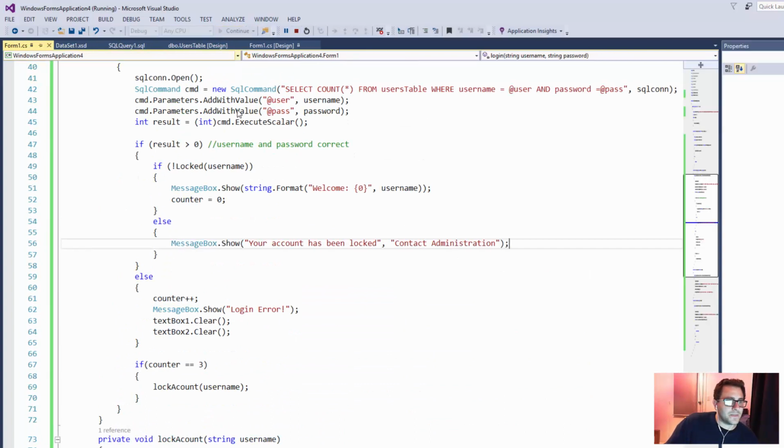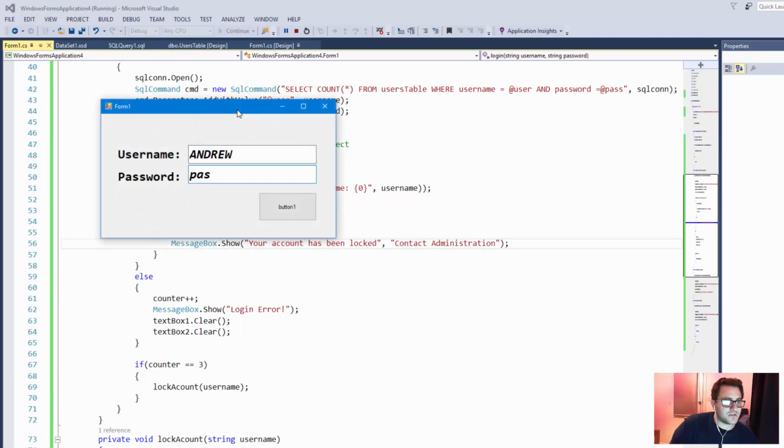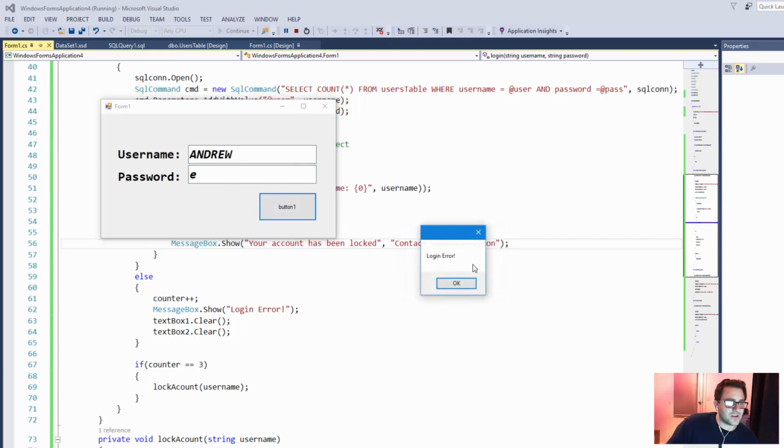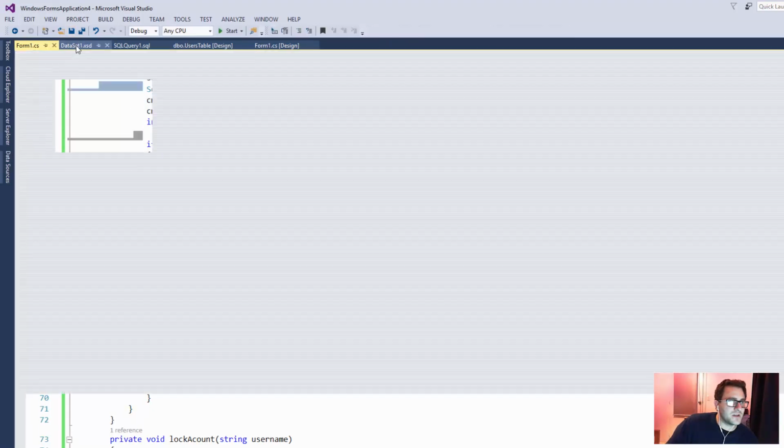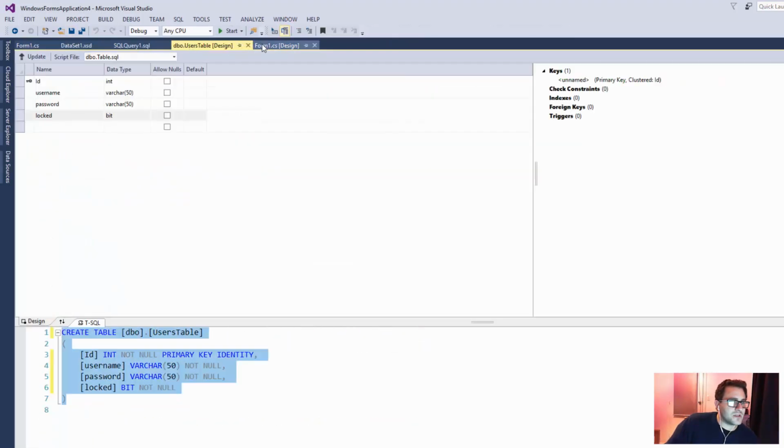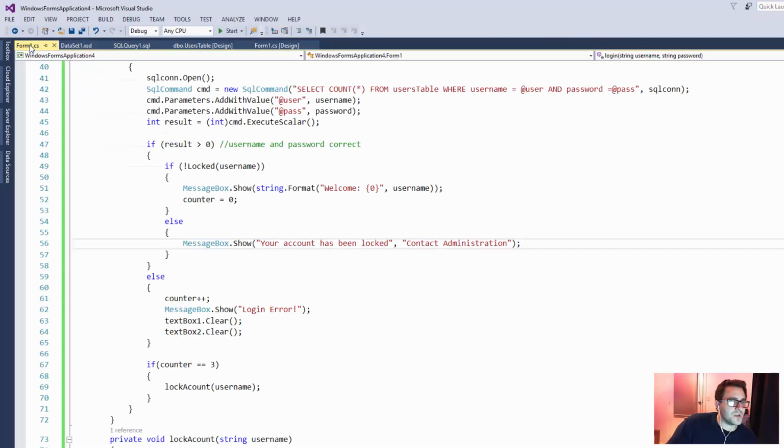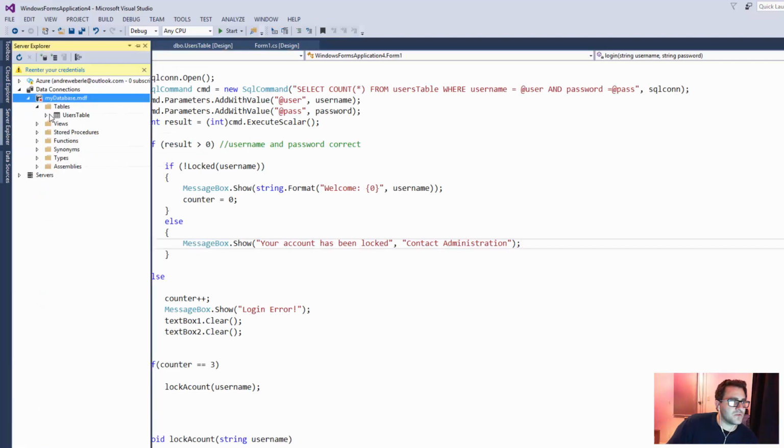So, as a matter of fact, now if I'm to put in my details, and it's the correct password, your account's been locked because it's been locked. If I get it incorrect, then there's a login error. So now what you would do, being the IT admin that you probably are, if we go back to our server,